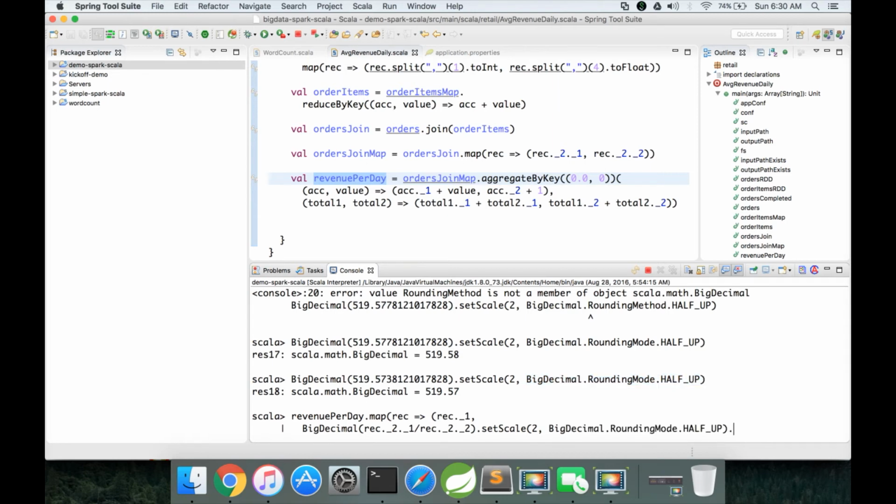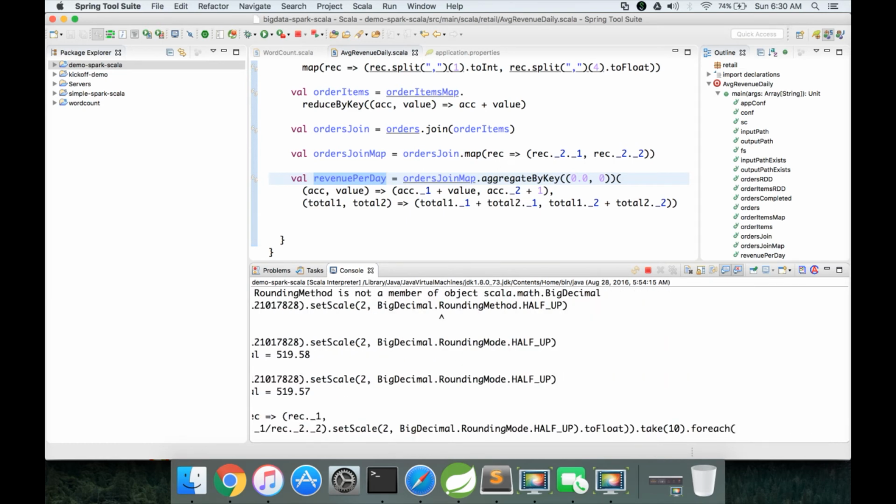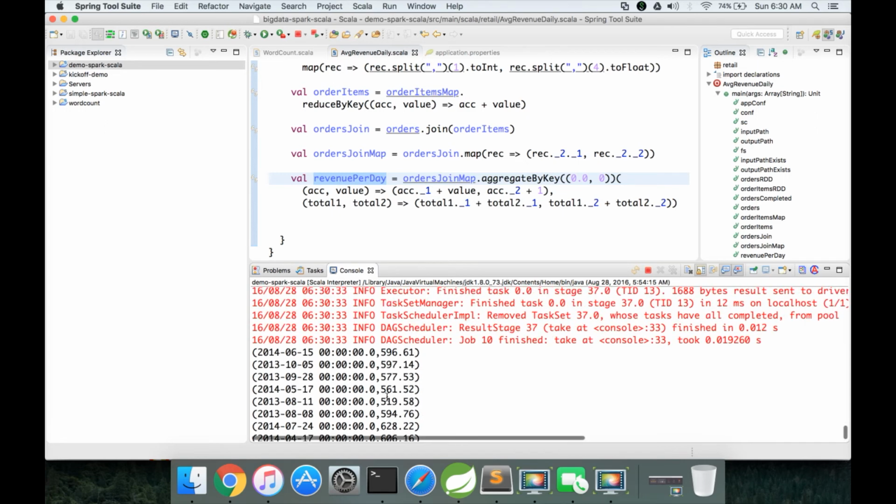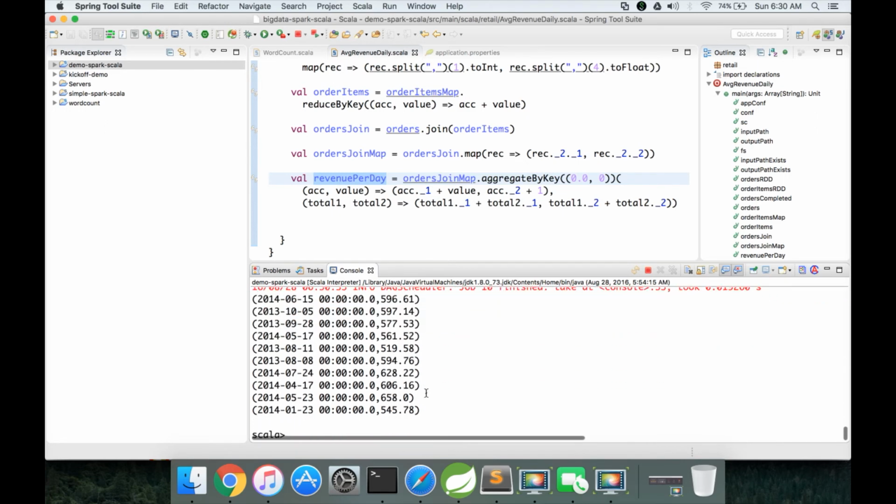Then I want to convert it into float again. So it was float, we changed to BigDecimal, we set the scale, and we have to convert it into float again. Then close the bracket for our tuple and for the map function, and then take 10 and foreach println. Now you can see here the values are rounded for each and every record.